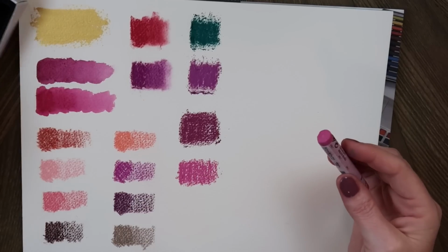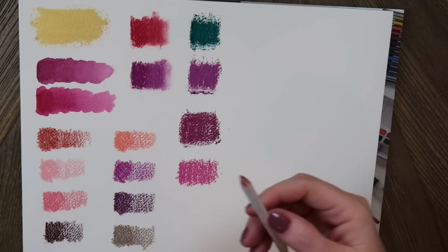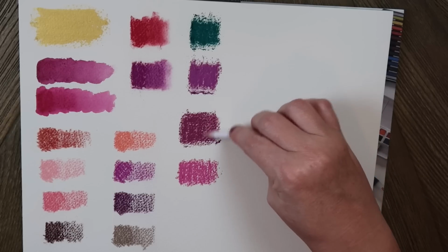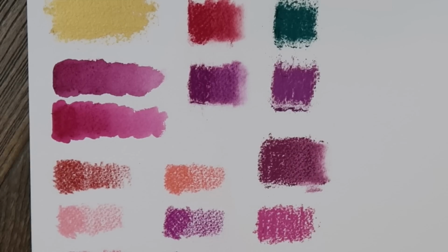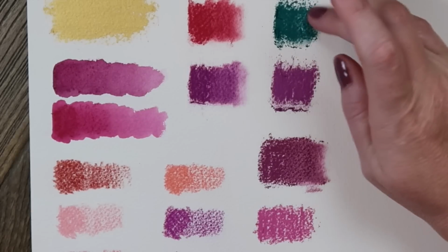That's going to be really pretty together. Okay, and you can use your finger. I really don't like to use my finger though, because I worry about if it's toxic or something, but sometimes I forget and use my fingers. Sadly, I do feel like you get a better blend with your fingers. So I'm just going to go in and